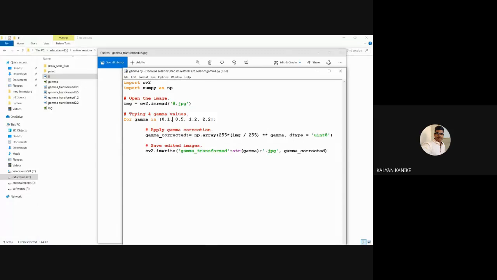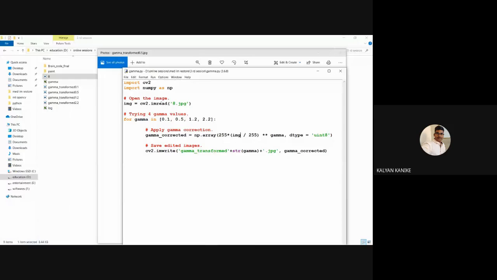So here, if you see the formula for gamma, we are using a for loop for gamma, for 0.1, then for 0.5, 1.2, like that it will apply simultaneously. First of all, let me take 0.1 just for one loop. Here np.array, 255 is multiplied with and the image is divided.